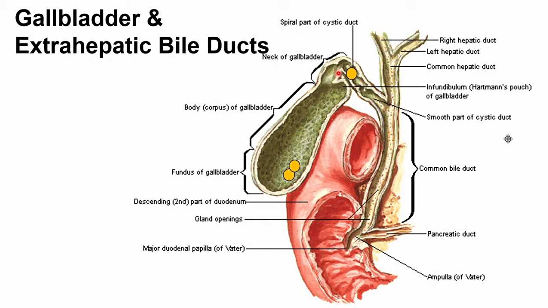But there are cases that following impaction, somehow these valves of Heister will be obliterated. And because of the obliteration, the stone will pass through. It will go there. And once it goes there, it's not anymore stopped by the spiral valves here. Medyo lumuluwang na siya. And once it's obliterated,